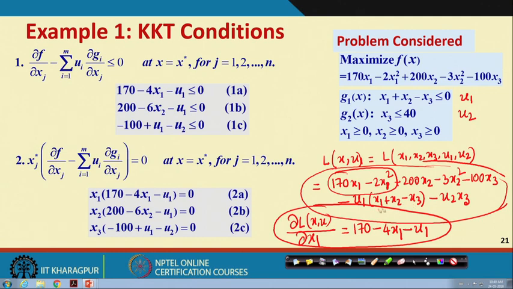So, if you differentiate, it will be plus u1, and if you differentiate, minus u2. So, minus 100 plus u1 minus u2 less than or equal to 0. I hope you have understood how we obtain this. Otherwise, you can differentiate f(x), and separately differentiate g1(x) and g2(x) with respect to x1, x2 or x3, and then combine them by taking the appropriate multiplier. But anyway, if you feel this method is simpler, then you can use it.